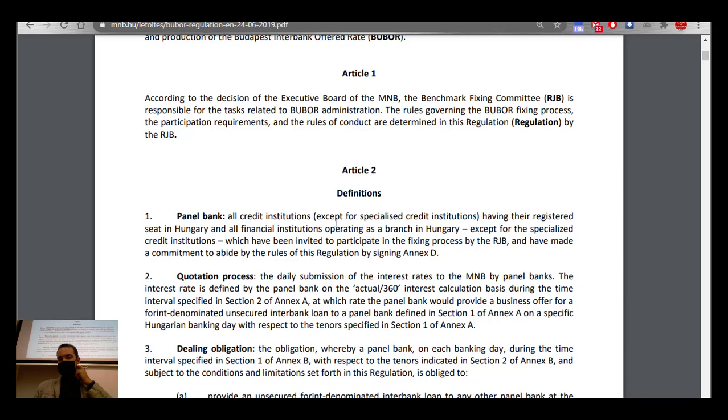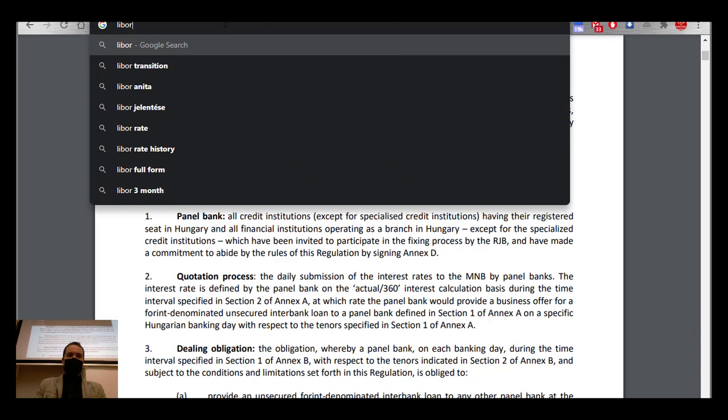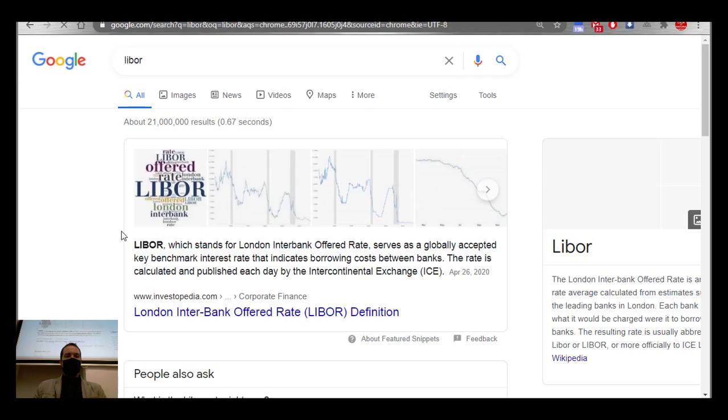So that's why in the past there were some scandals of manipulating the interbank market rates, but not in Hungary, it was in London. So in many cases, when we are